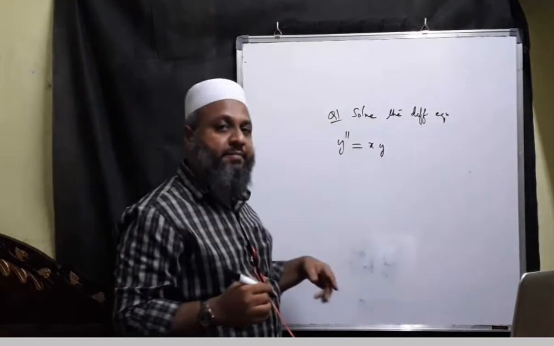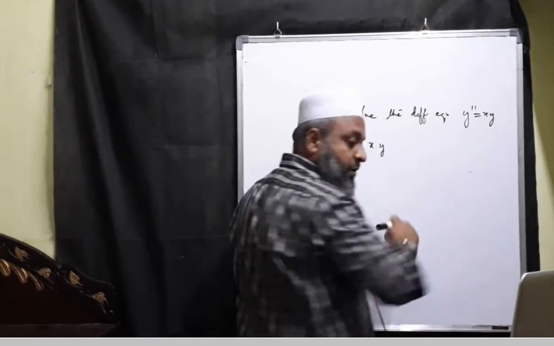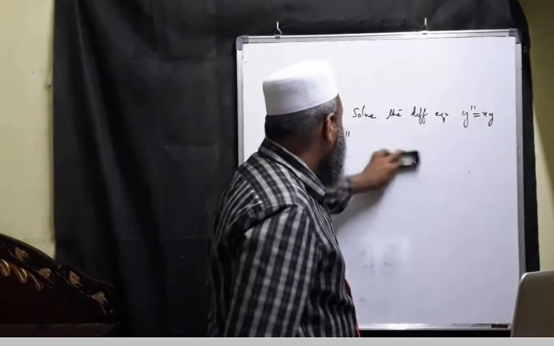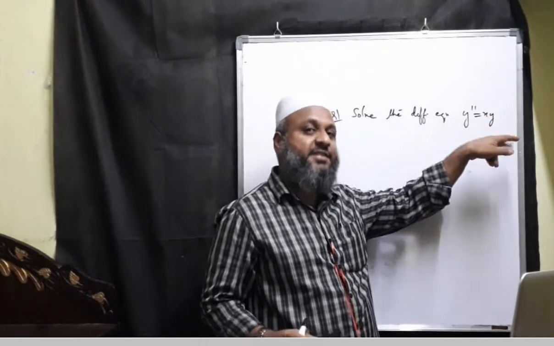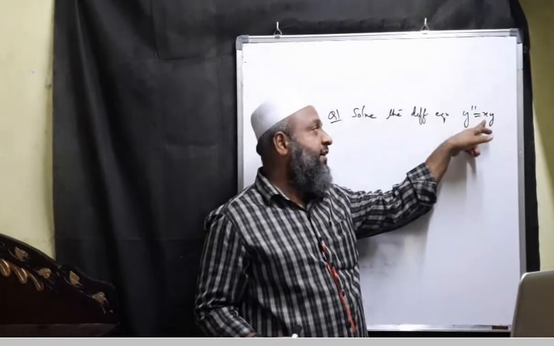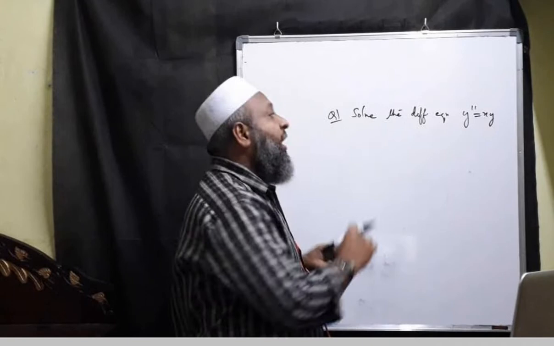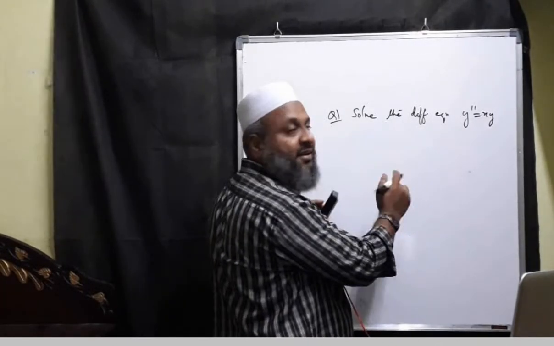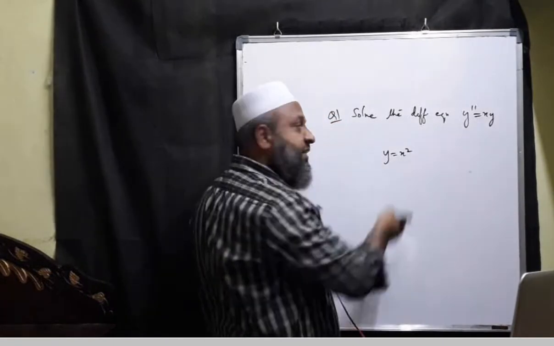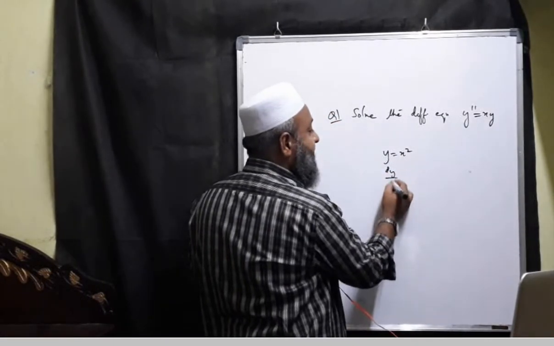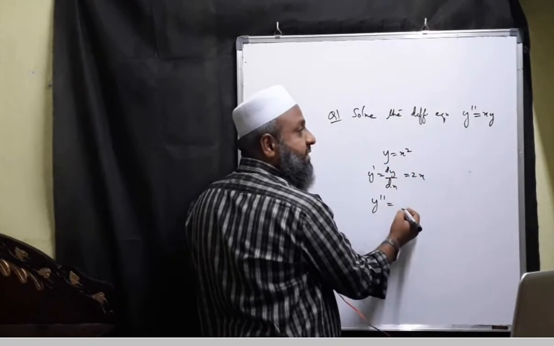what is meant by this? What is the requirement now? The requirement is we should find y in terms of x such that if that y is multiplied by x, then it should equal the second derivative of that y. I'll tell you now, for example, y equal to x square. I'll prove that it is not a solution of this one. Let us see. This is y. So what will be dy by dx, or y dash? That will be equal to 2x. And y double dash is nothing but 2.